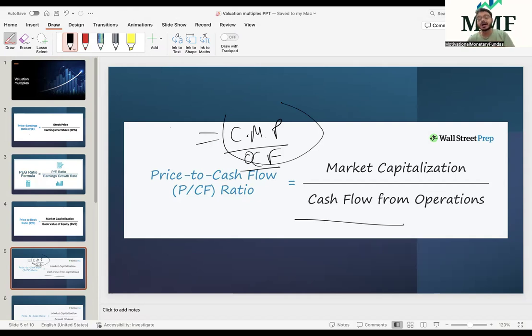Whereas in the denominator, we have the operating cash flows for the company. Again, this number is a lagging indicator because companies do not declare their cash flows or the financial statements on a daily basis. They declare only on a quarterly basis and annual basis. And the number that we have to take up here is the annual operating cash flow, the previous trailing 12-month ended cash flow, right?